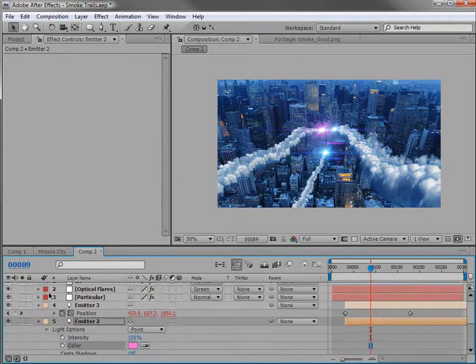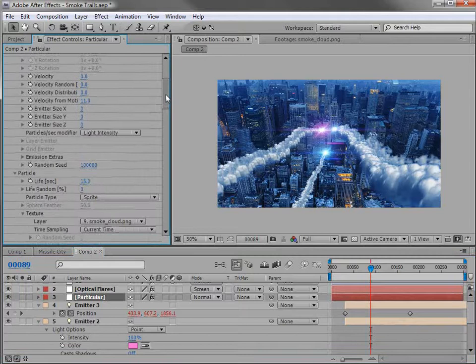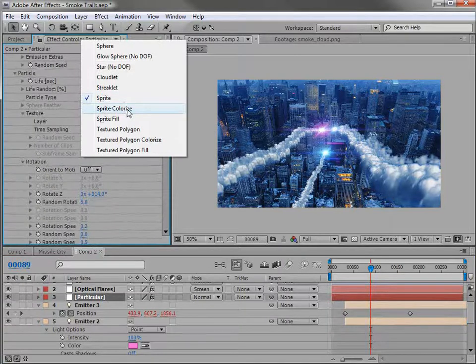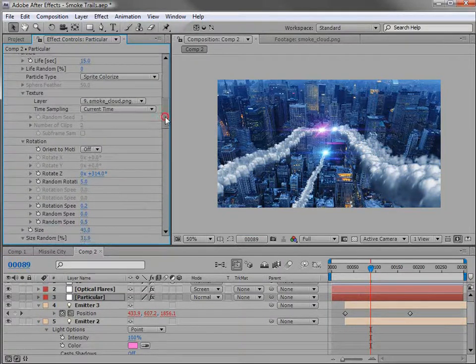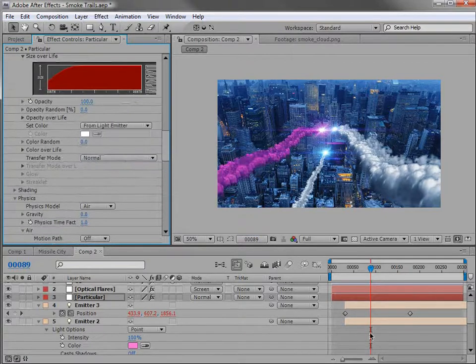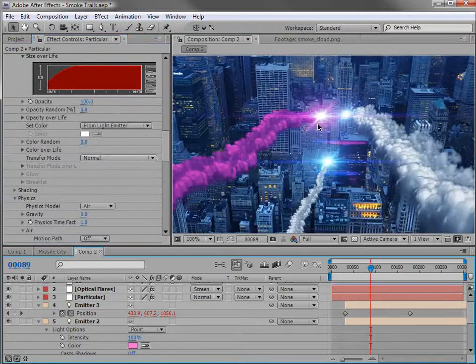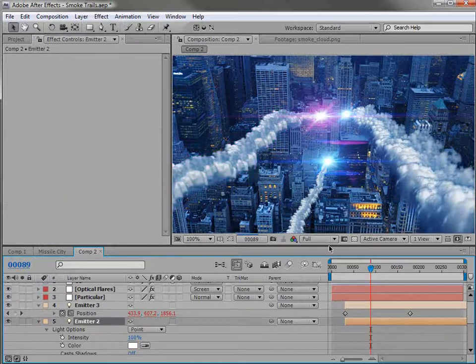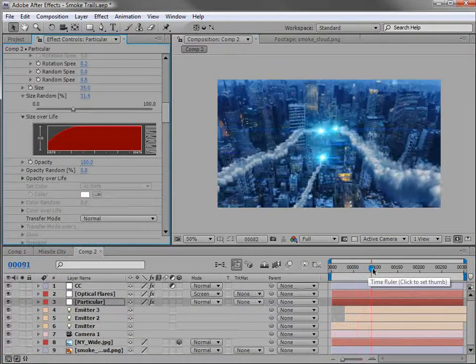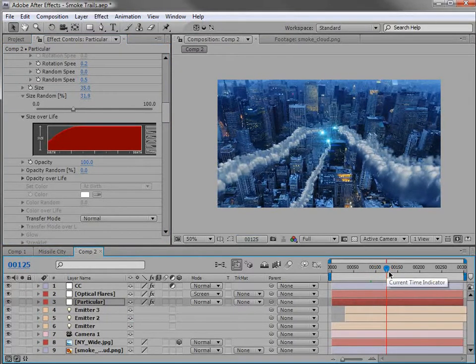different color missile. And Particular actually has a cool feature also. Just to go over this, we can change it from sprite to sprite colorize, and then we can change the color down here, set color from light emitter. So this isn't a great example, but if you're doing some light streaks or something interesting, the lens flares and the color of the particles can all be controlled simply by changing the color of your light. So we'll go ahead, back that up, and go back. Bam. So anyway, this is how you can create some cool particle streams inside of After Effects using some very